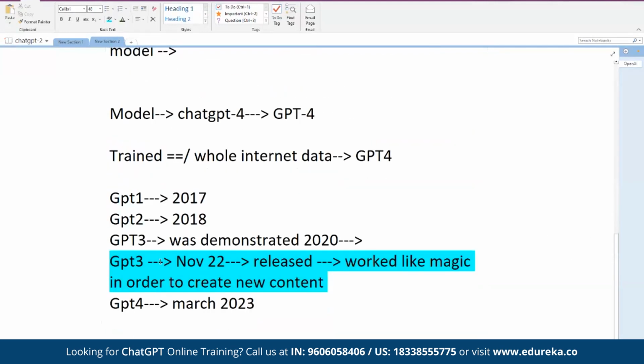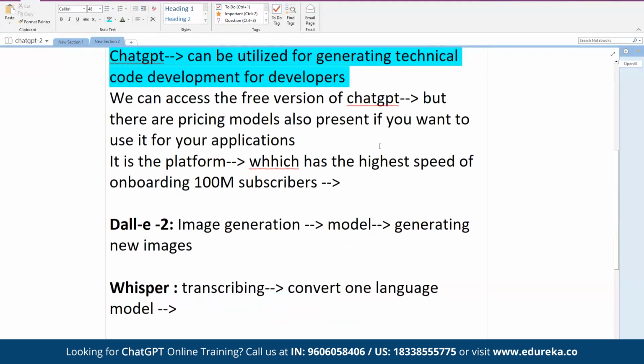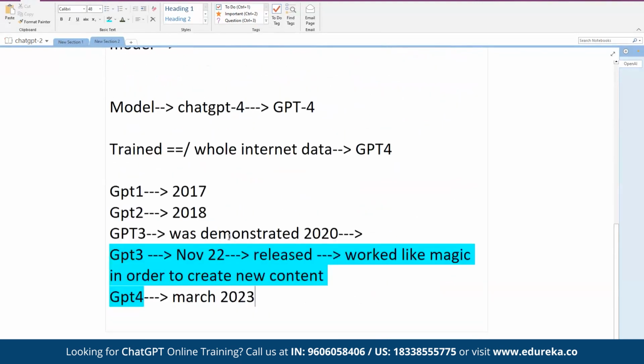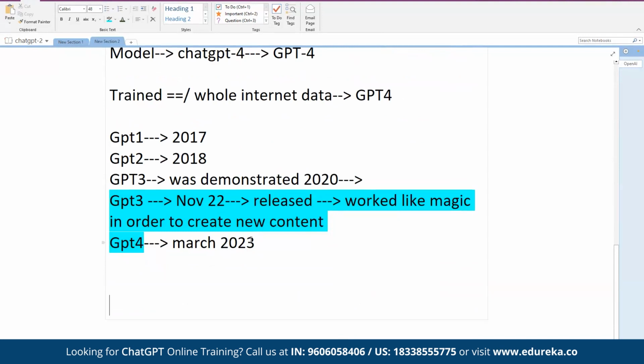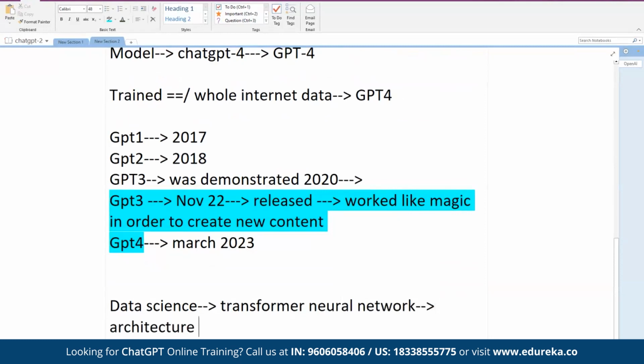There are different models which have been released. Right now, the latest model is ChatGPT 4, and it has been trained on the whole internet data. And if I have to go into the data science part of it, it uses an architecture known as transformer neural network. So it uses this architecture in order to train the data.